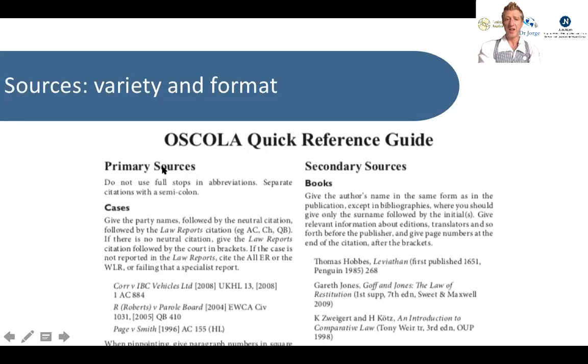And then you may find as well two columns, primary sources and secondary sources. What I'm trying to say is that you will have sources, and here you can identify the variety of sources we want from you. From primary sources, we will ask you to include cases and legislation. If we talk about EU law, we want you to bring European Court of Justice cases and legislation, relevant treaty legislation, regulations, directives, and so on. Secondary sources, again, I'll show the complete list later: books, academic journal articles, blogs, and so on.